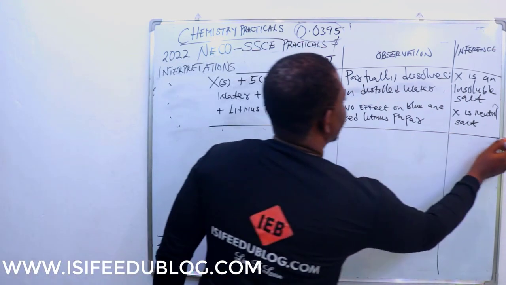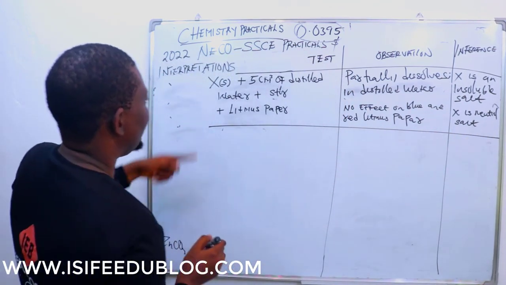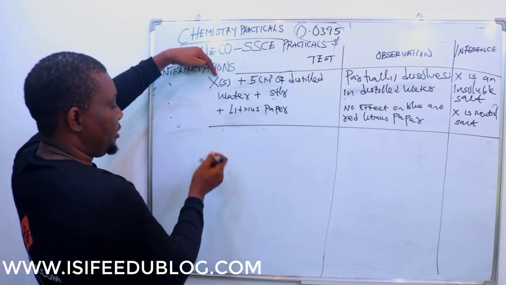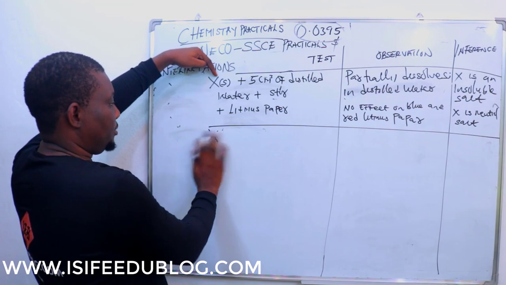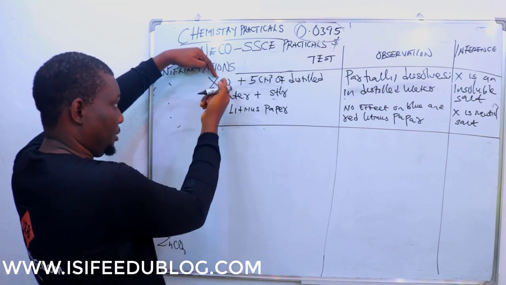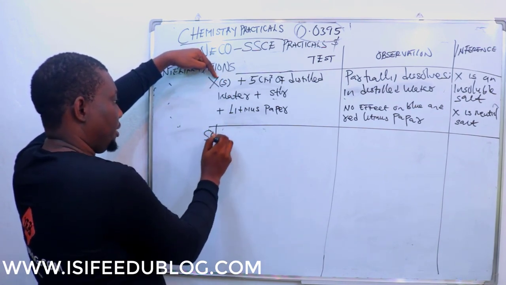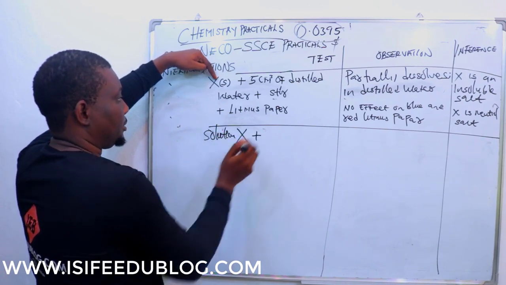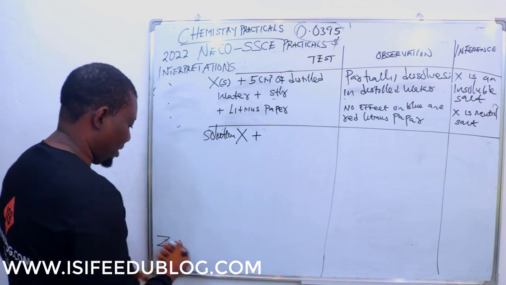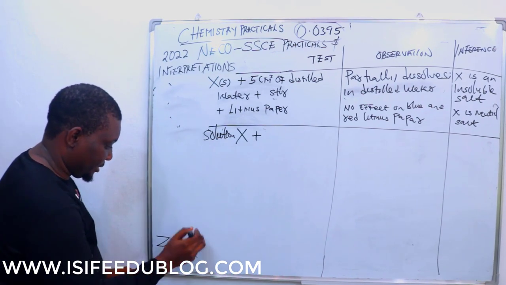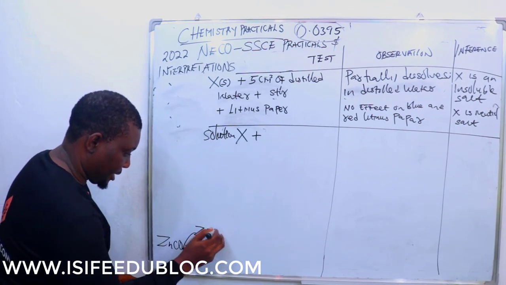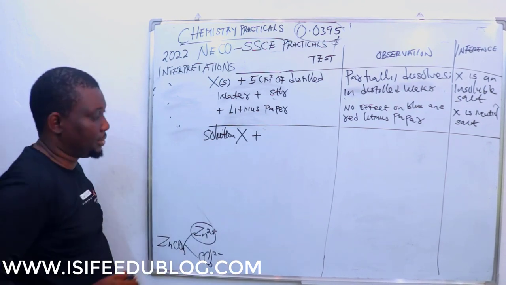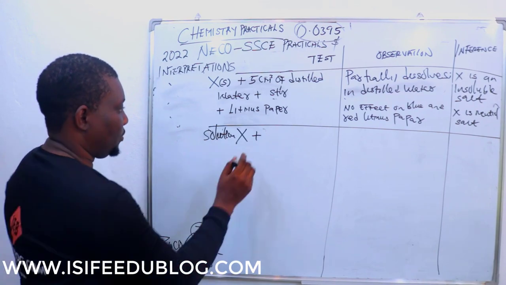Okay, then whatever you're going to answer in the next question will be based on what you have here. So this X now is solution X, because it's now in solution, not solid. Solution X plus... The only thing I'm going to do here is test for 2 things. One is zinc ion, the other one is CO3 2 minus. Let me start with this test. Whenever I want to test for a cation, I always test with